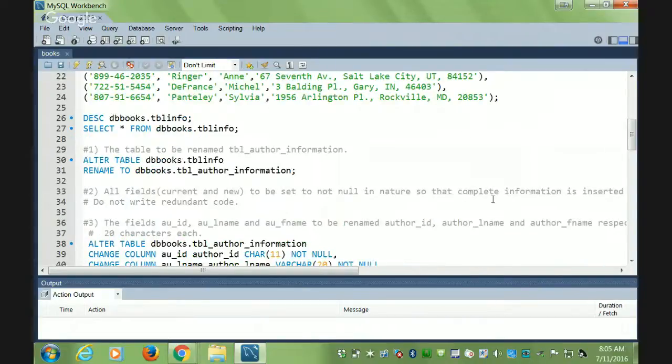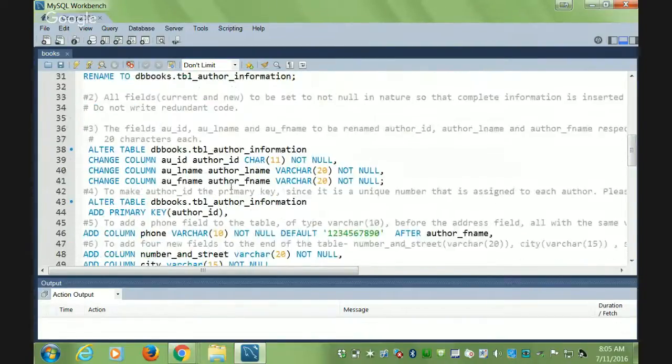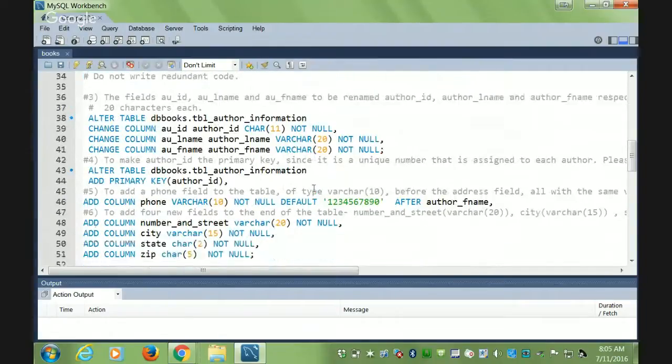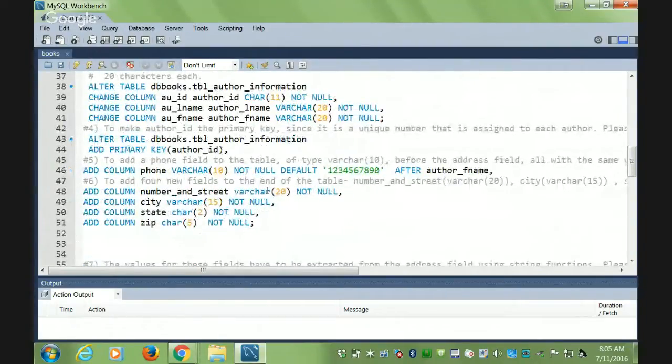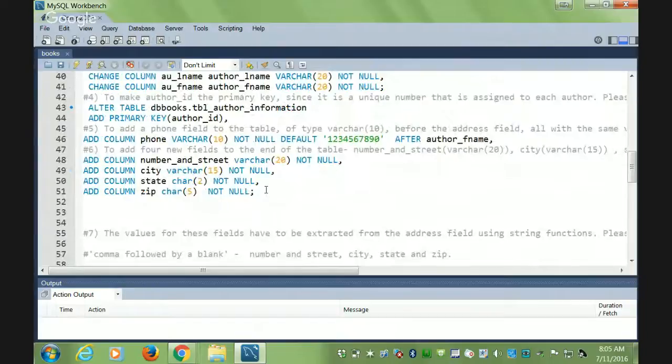Okay, and then we had a few fields. We changed their names. We changed the name of the table. We changed the names of some fields. I think we also changed their sizes. We added a primary key. And now we were at a stage where we were adding 4 new columns, and then we were supposed to